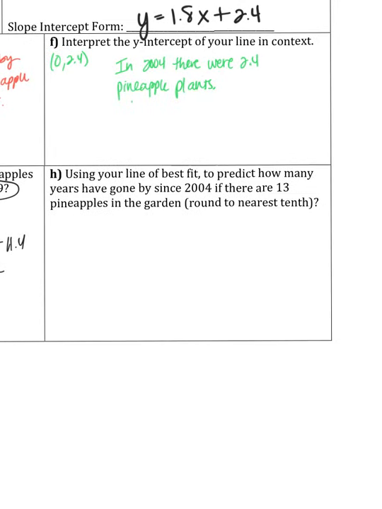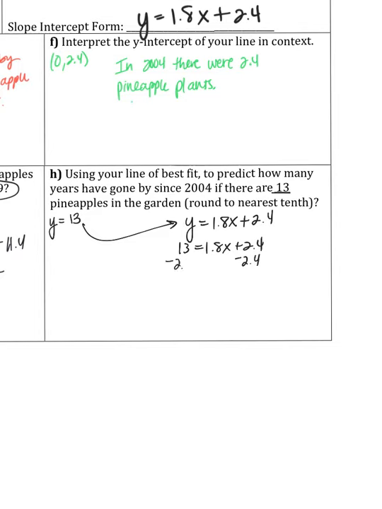H. Using your line of best fit, predict how many years have gone by since 2004 if there are 13 pineapples in the garden. Round to the nearest 10th. All right, so now I know the number of pineapples, which is 13. The number of pineapples is represented by y, so I'm looking at y equaling 13. And I'm going to plug that into my equation this time and solve for x. So 13 equals 1.8x plus 2.4. We can subtract 2.4 from each side. And you can definitely use your calculator to say that 13 minus 2.4 is 10.6